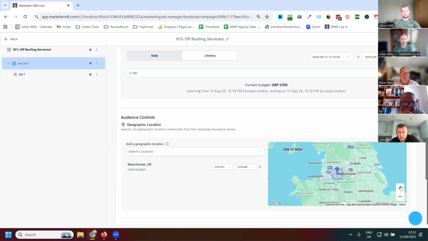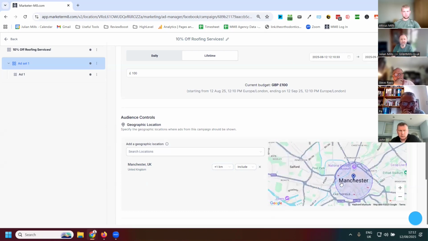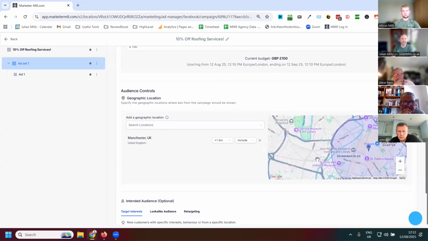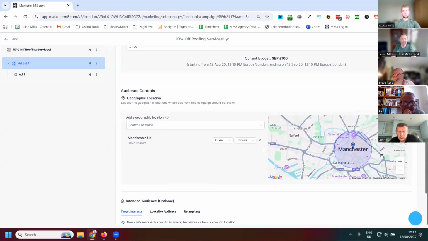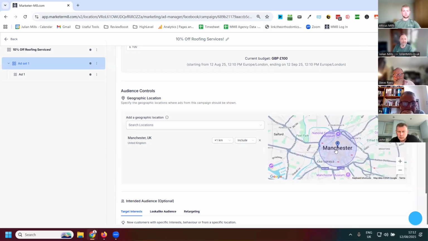And then we can narrow in if you wish. So it goes down to one kilometer radius around Manchester. If I want to target a specific area with a specific offer, you can also have the exclusion zones. So for instance, this is a little bit tricky, should we say, but let me try and do this to give you an idea. Say I wanted to target the very center, even down to an individual building. You could do that by using something like, if I typed in Stockport here,